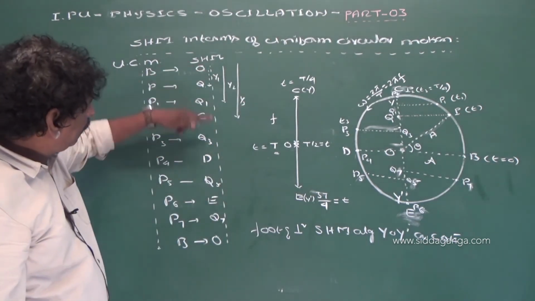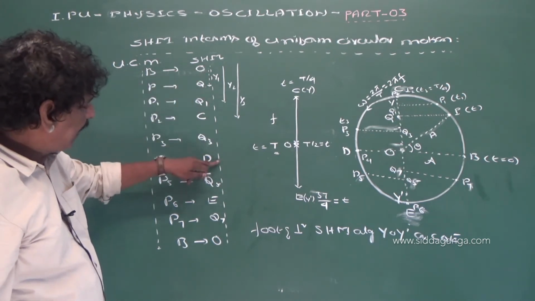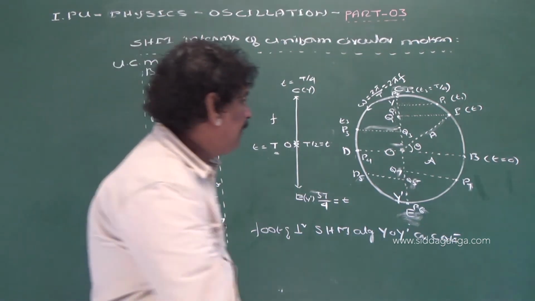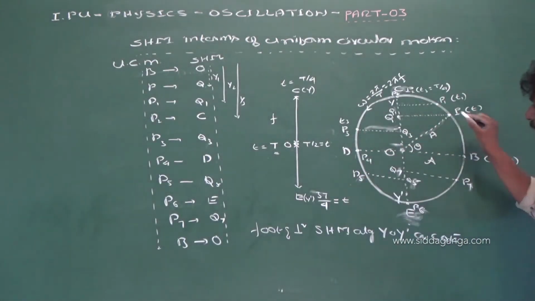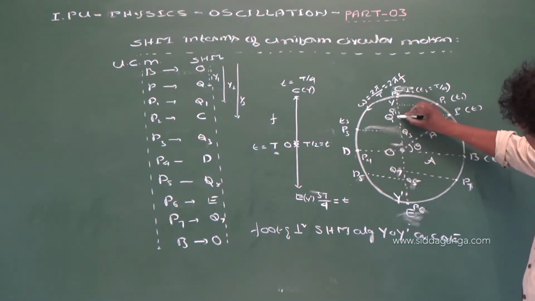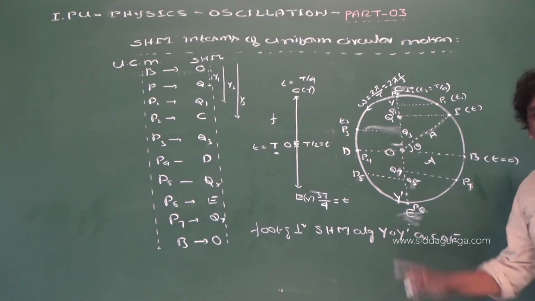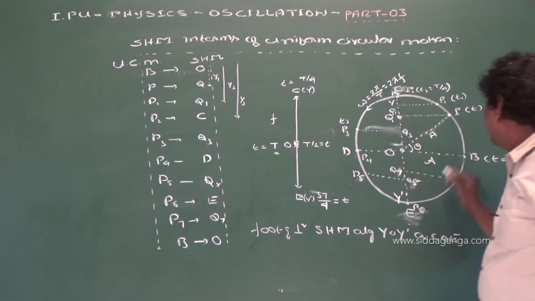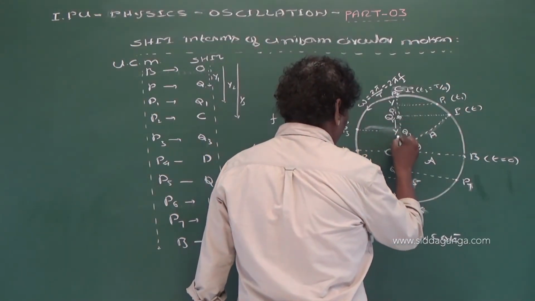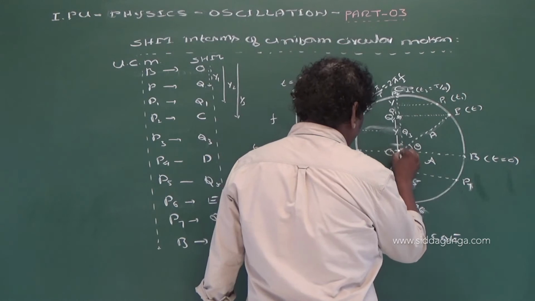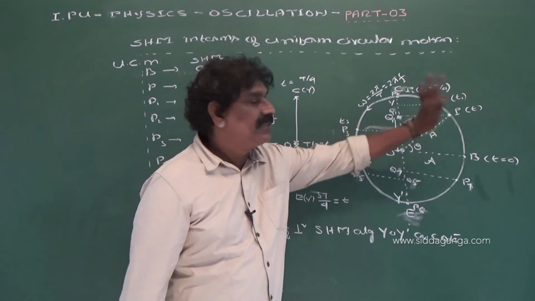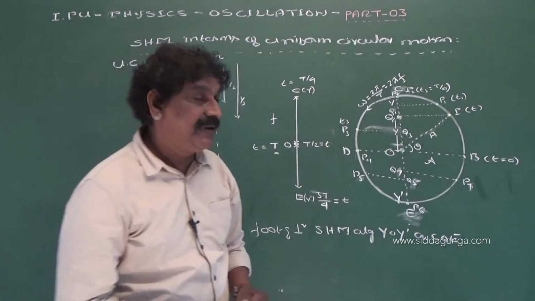Again y4, y5, y6, y7, y8, y9, right. That means here when the particle is at P, the foot of the perpendicular reaches O. So at time T, now this can be taken as y. OQ is equal to y, the displacement at time T.